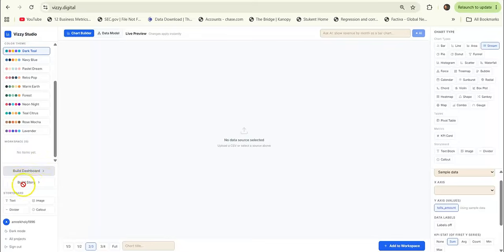You could build a dashboard and build a story. We're gonna go through that in just a second. And for the storyboard, you could add these kind of features in here. We could add text, image, divider, and call out. And here you could add the dark mode or projects, and you can sign out from here. On the right hand side, you can see all the chart types,